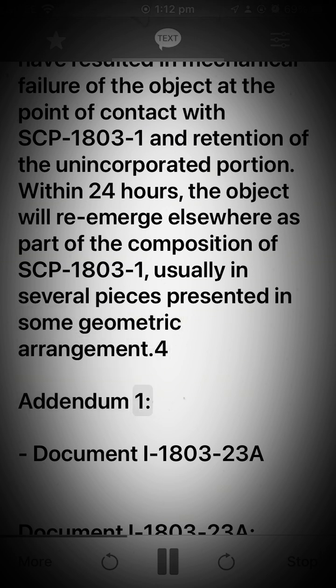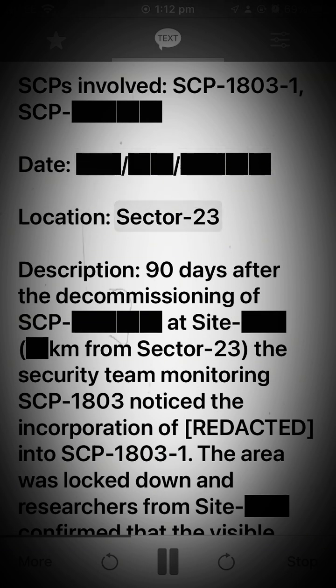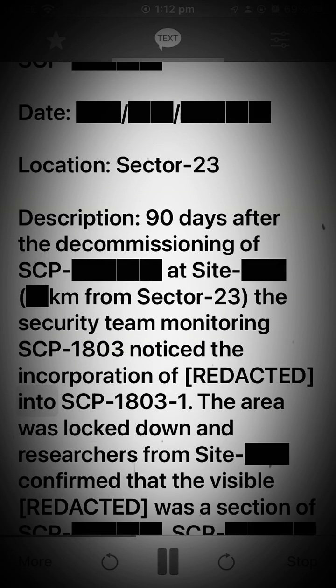Addendum 1. Document I-1803-23A. Incident Report: Containment Breach. SCPs involved: SCP-1803-1, [redacted]. Date: [redacted]. Location: Sector 23. Description: 90 days after the decommissioning of [redacted] at site [redacted], [redacted] km from Sector 23, the security team monitoring SCP-1803 noticed the incorporation of [redacted] into